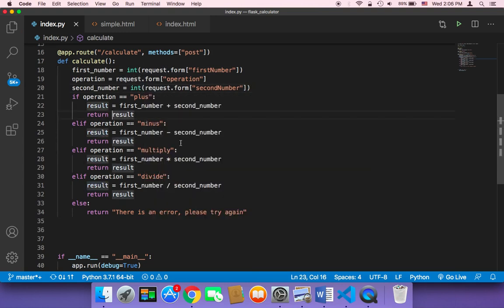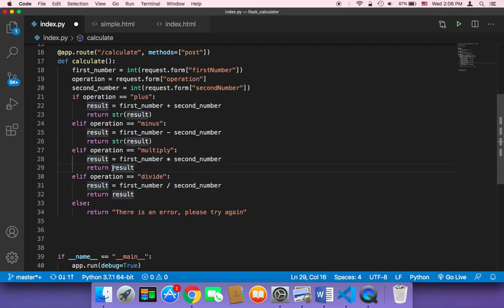And what we need to do is return it again, converting it back to a string, because unfortunately Flask doesn't accept returning an integer here. So we need to say str, and then we pass the result in string, and we need to do the same to all of these